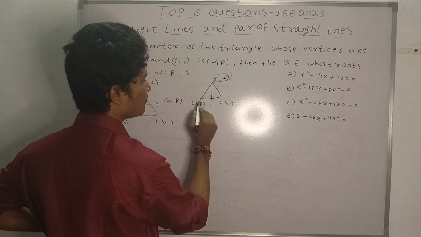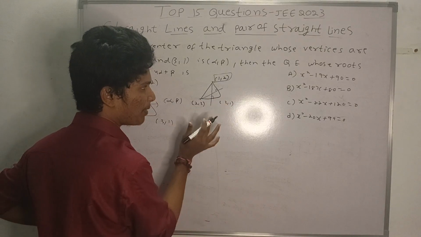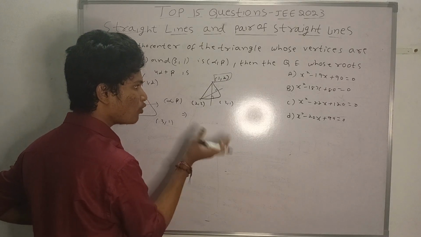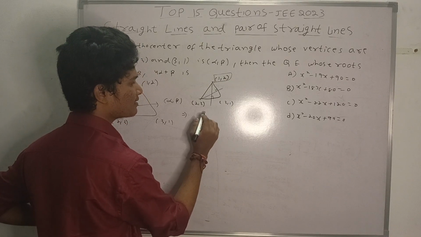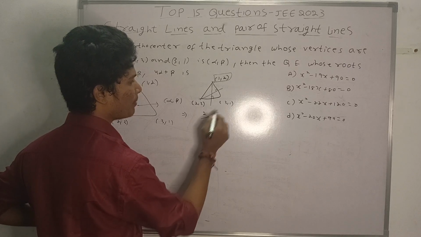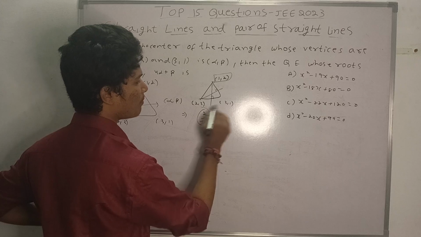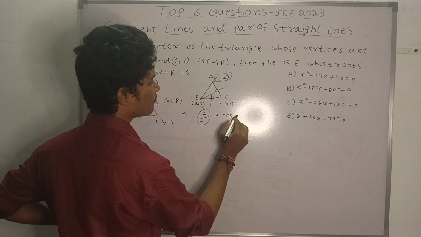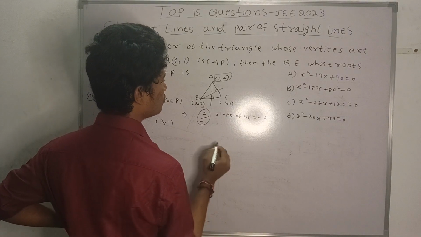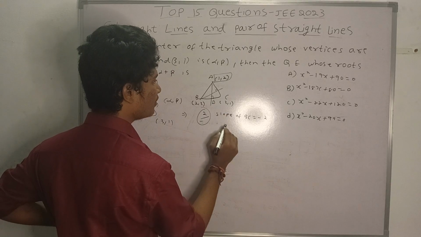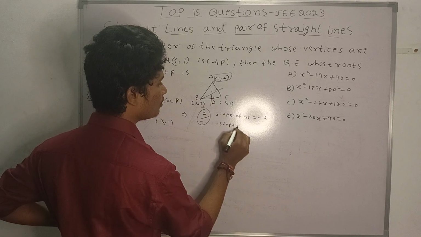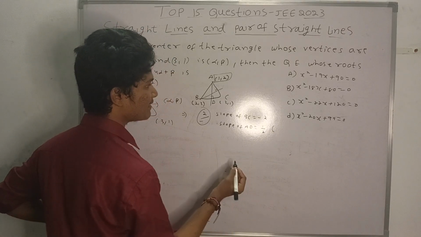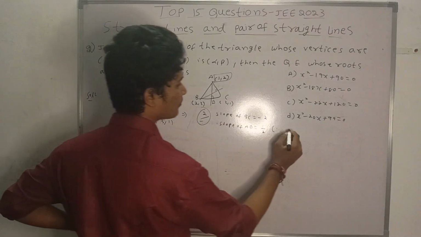So this is an altitude, this is another altitude, and this line is perpendicular to this line, so I have to find the slope of this line. That is 3 minus 1, that is 2, divided by 2 minus 3, that is minus 2. Suppose we name the points as A, B, C, slope of BC equal to minus 2. Suppose this is a point D. What is the slope of AD? Slope of AD equal to 1 by 2, because it is perpendicular.